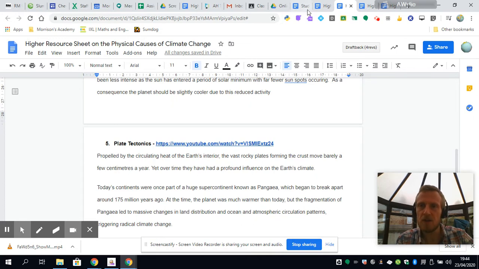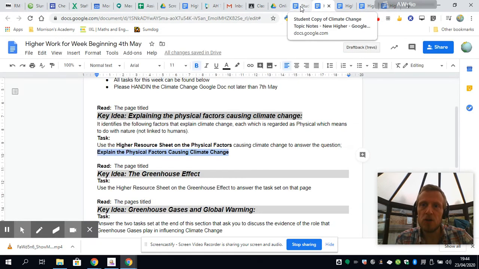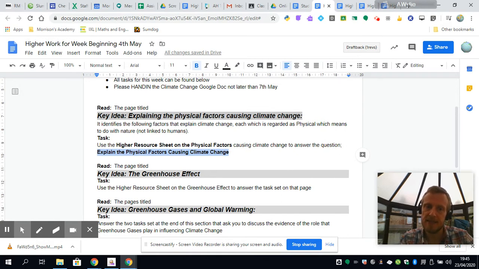What we're asking you to do in the question, though, is to not just copy and paste material. We want to see it in your own words, and we want to see that you understand the work that you've been set. And there's some guidance in the topic notes set on how to write up each point. You don't want to write too much, because at the end of the day you have to learn this material, but you do want to make sure you are most specifically explaining what it is that you are doing. Okay,